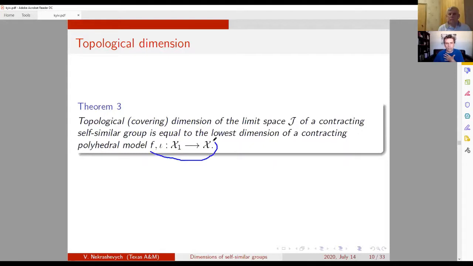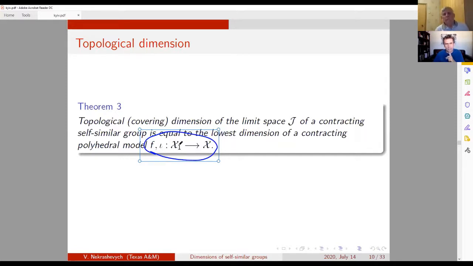So if you can find a model where X and X_1 are piecewise affine polyhedra, or even simplicial complexes, such that f is a local isometry, and actually you may assume that f is simplicial or cellular, and iota is piecewise affine and contracting,